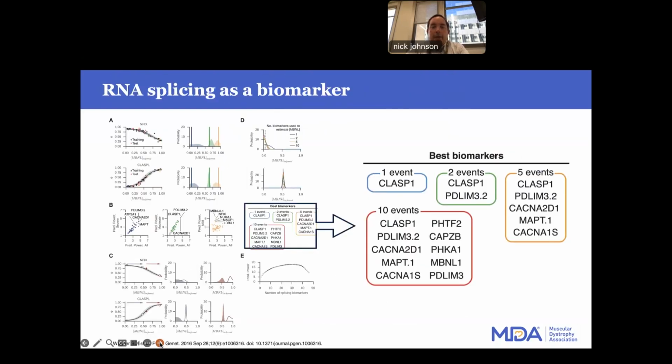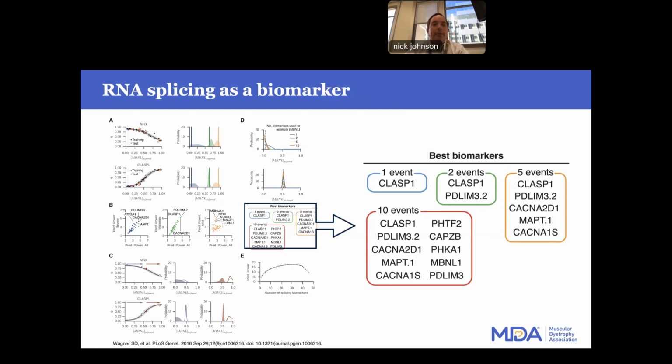All right, so let's move beyond clinical outcome assessments and start to talk about RNA splicing as a biomarker. So this is a kind of complicated slide, but really it's an illustration that RNA splicing follows along with a dose response curve. So you can see that best in panel A, looking at something like class 1, where you can see that the relative splicing, which is shown on the y-axis, gets better with increasing levels of muscleblind, free muscleblind, and not